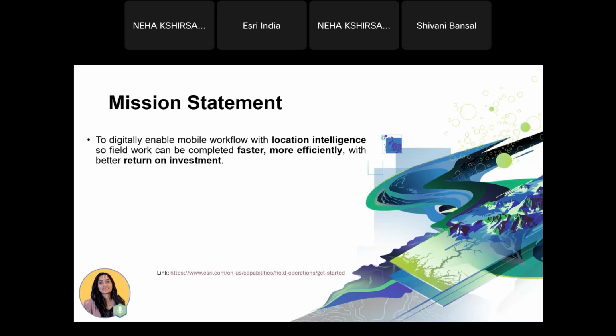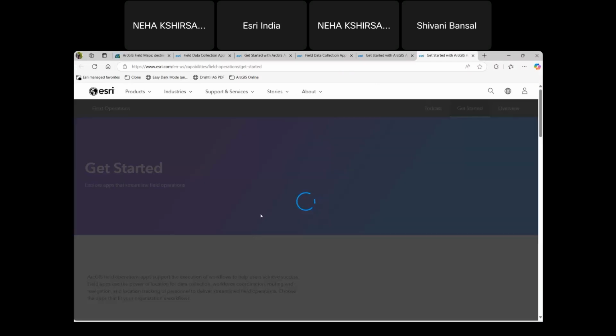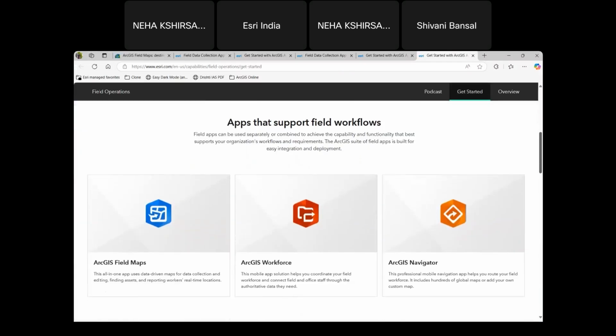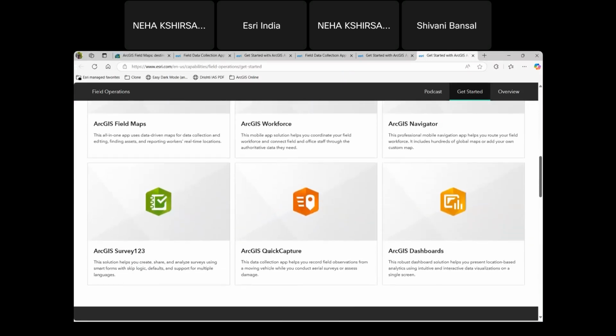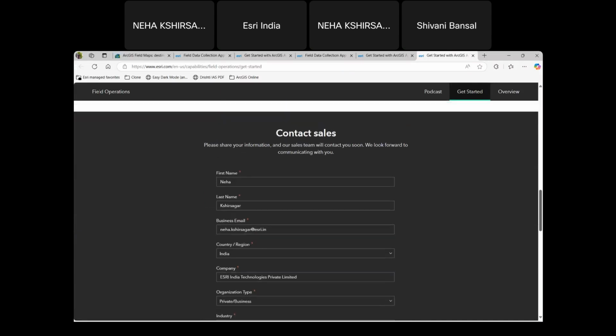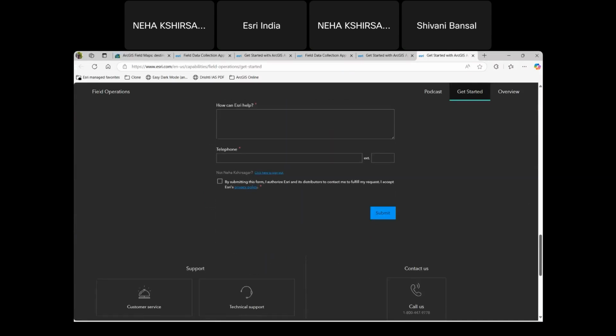So if you can see this, I have applications which give you the information related to all the field apps which Esri provides. Here you can see the comprehensive field apps which give you the information related to the applications. Users can select and contact sales to get clarity related to this. Moving to